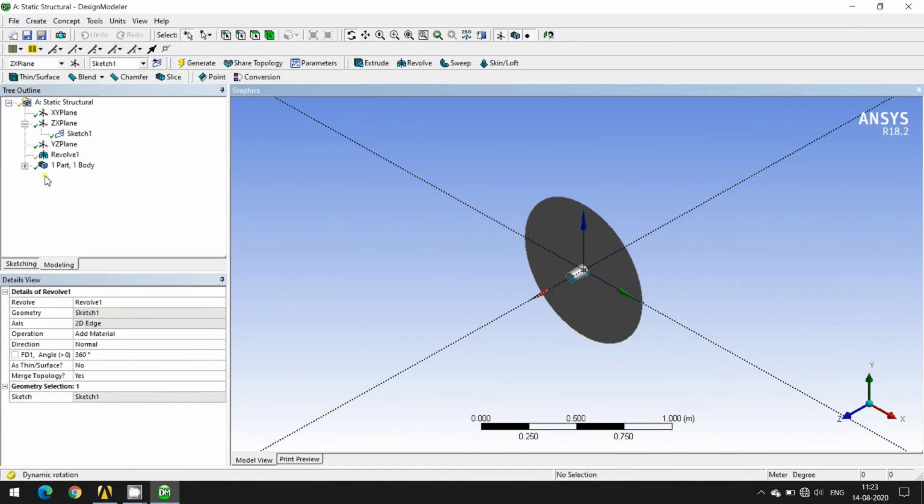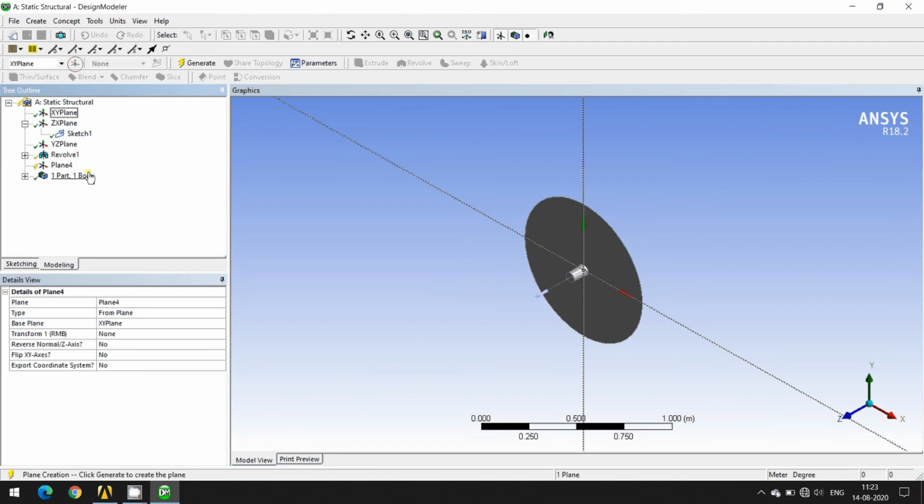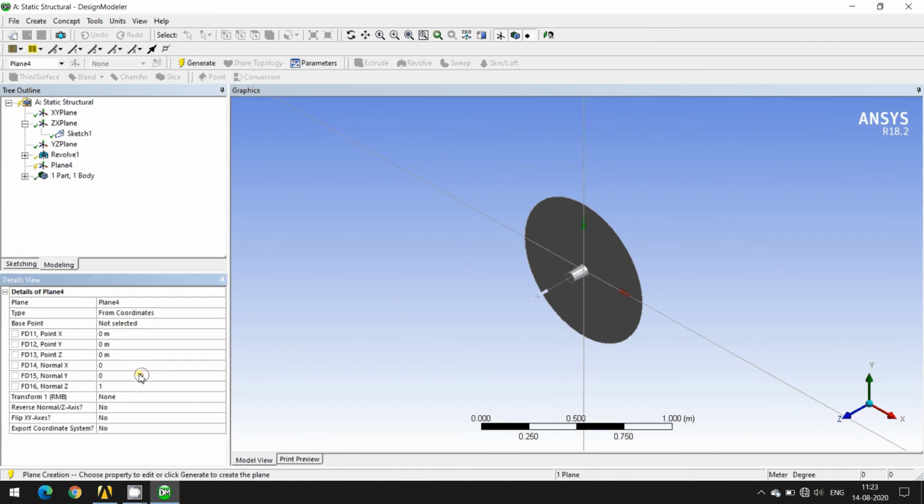Okay, now I am going to create an XY plane which is somewhere over here. Okay, so I'll go for here as XY plane. I'm going to create an XY plane. Okay, so this is my XY plane, and this XY plane I want to create at a distance of say 400, or rather 0.4 meters, in the Z direction, not in the X direction. This is 0.4 meter. Okay, so you can see the coordinate system has been moved in the Z direction at a distance of 0.4 meter, and then I'm going to say generate.